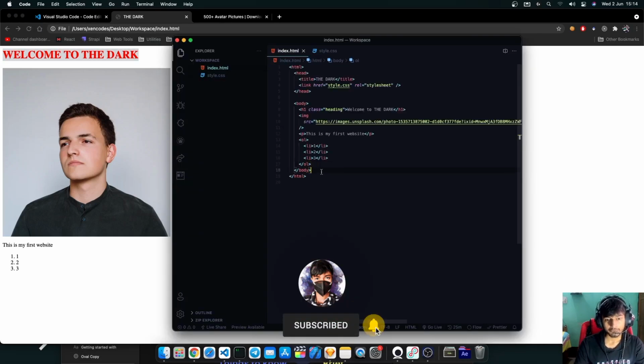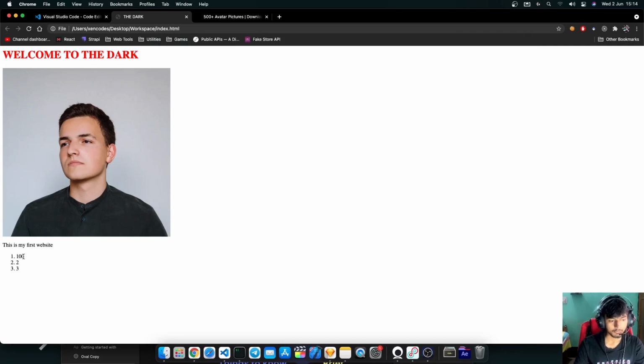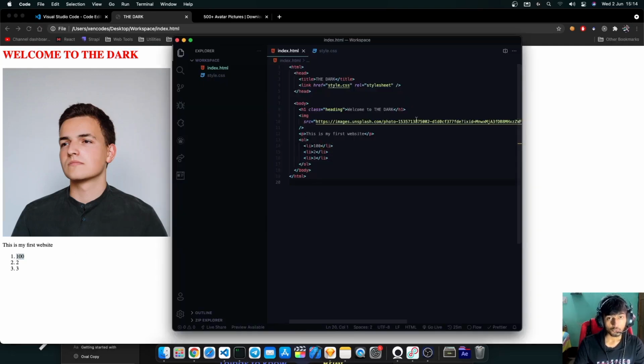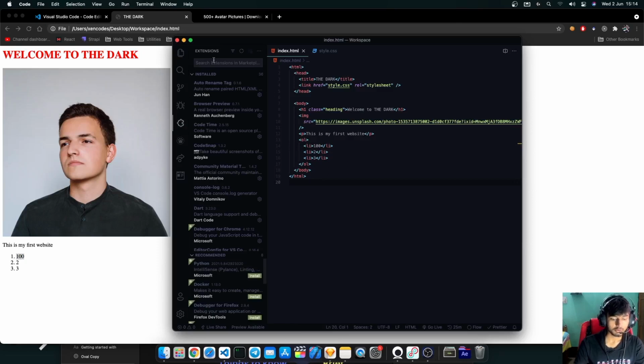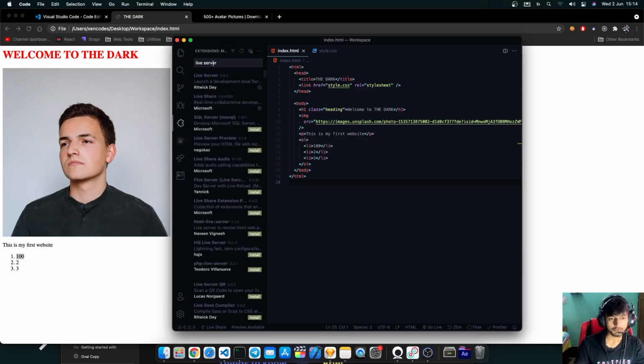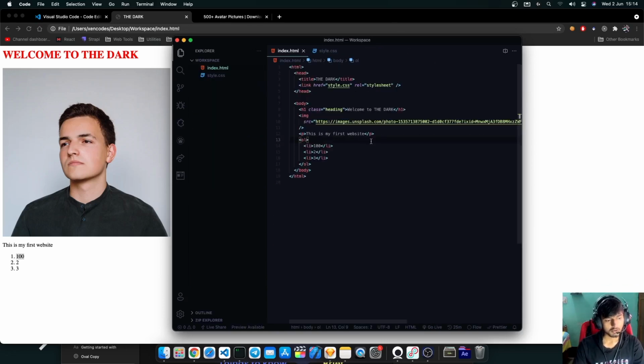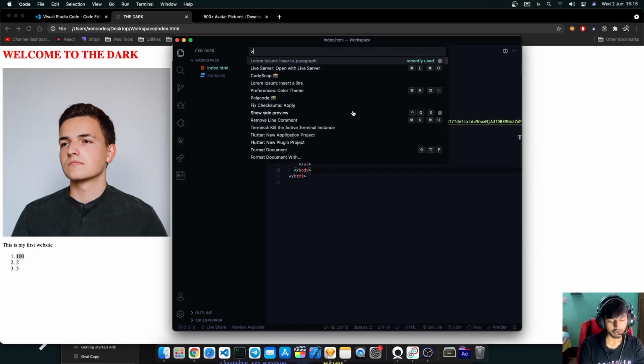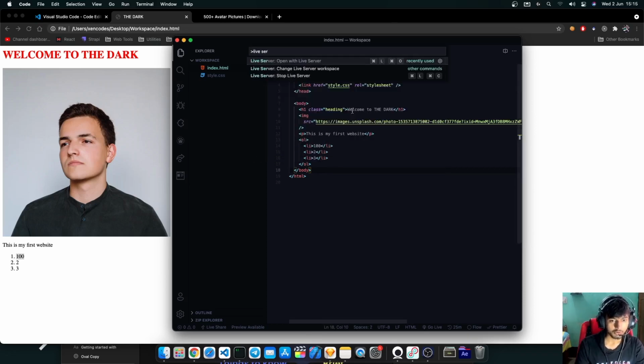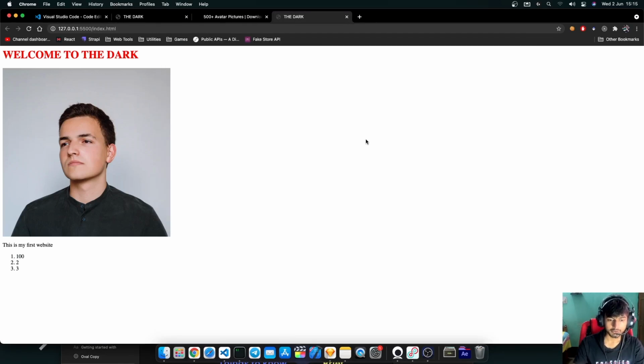By now you might have noticed that if we make a change, like let's say h1 to h100, and hit save, we have to refresh the page to see the changes. VS Code has an extension called Live Server. You can just go to the extension tab and search for Live Server. You can install this one. And after you have installed the extension, press F1 and type in live server, open live server. If you hit enter,